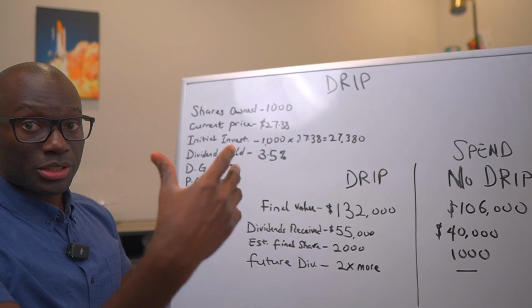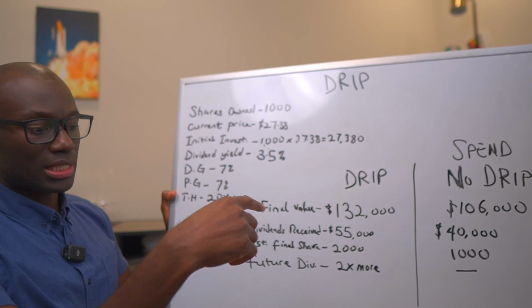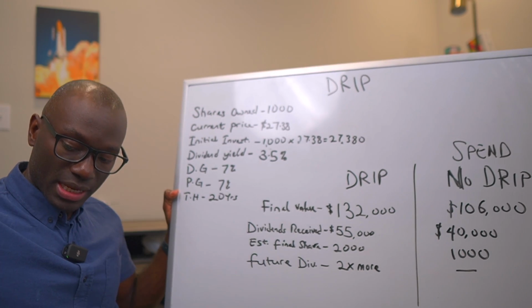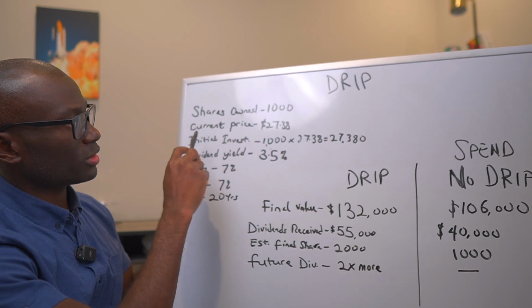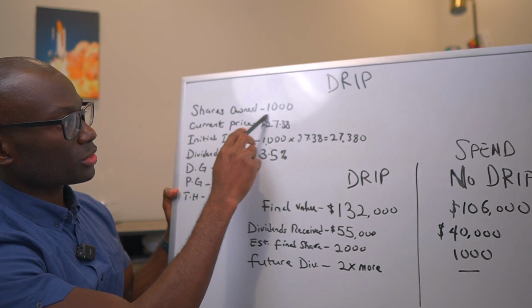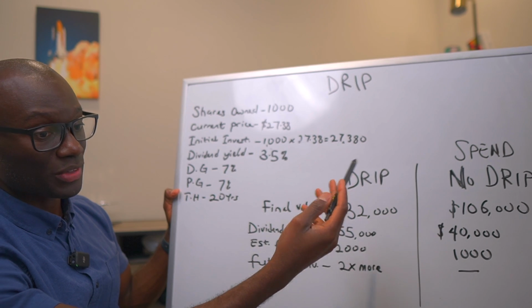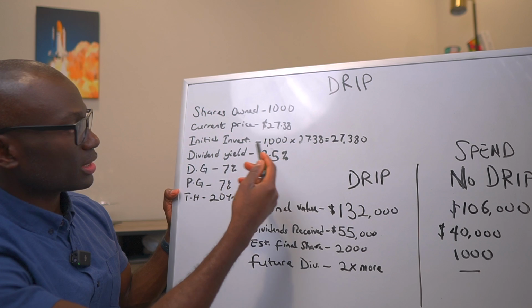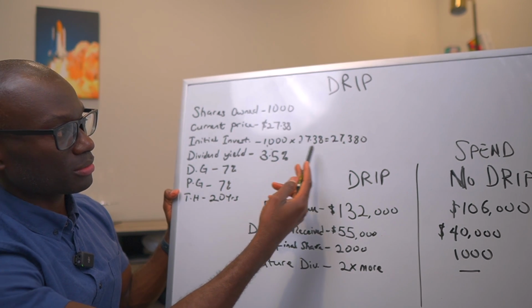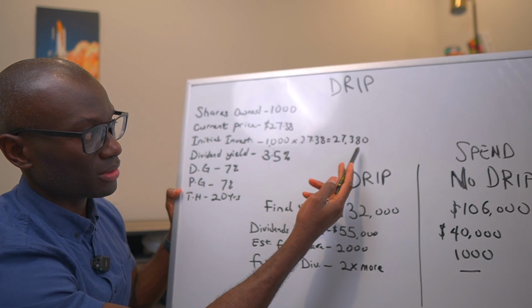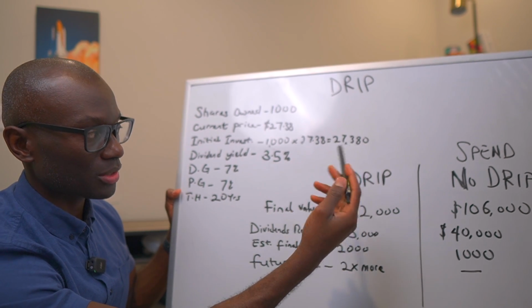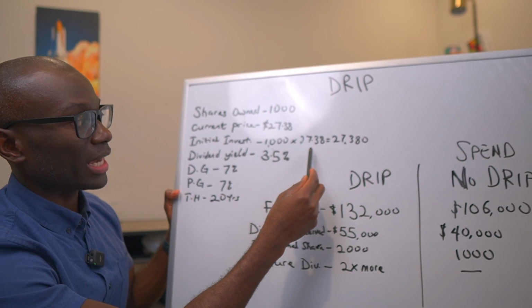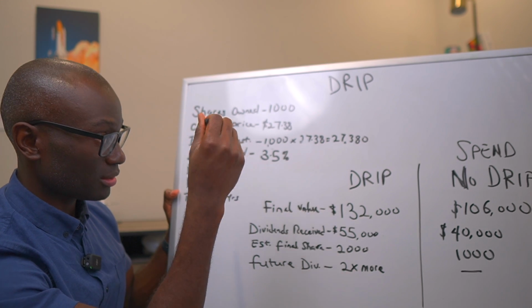So without talking too much and confusing you, let me show you an example of what I mean. This is something I specifically used for the SCHD example, and the idea is that, let's assume you own about 1,000 shares of SCHD in this particular example, and the current price of $27.38 means an initial investment of about $27,380, assuming you were to buy 1,000 shares of SCHD right now.